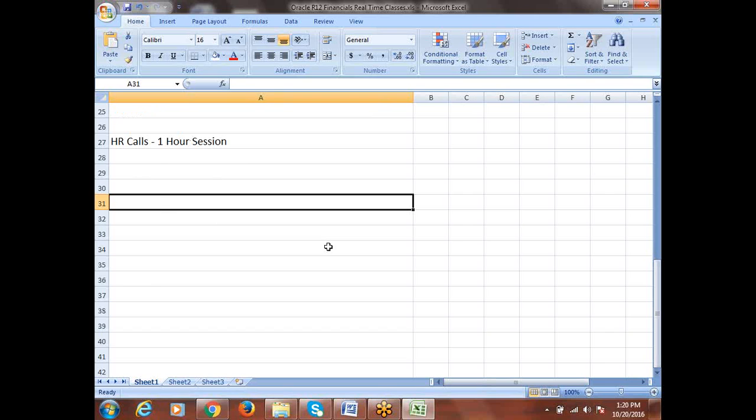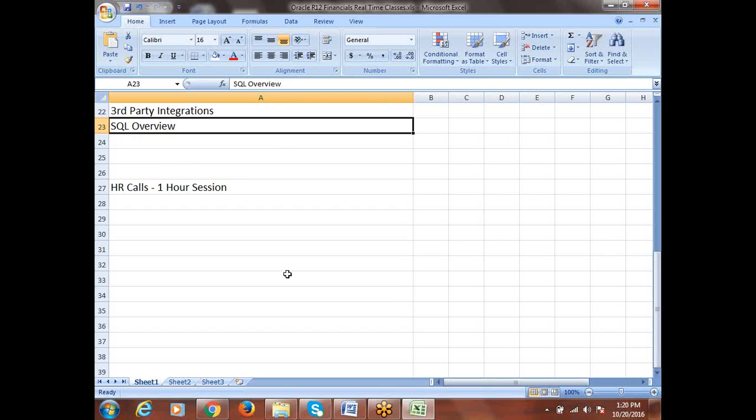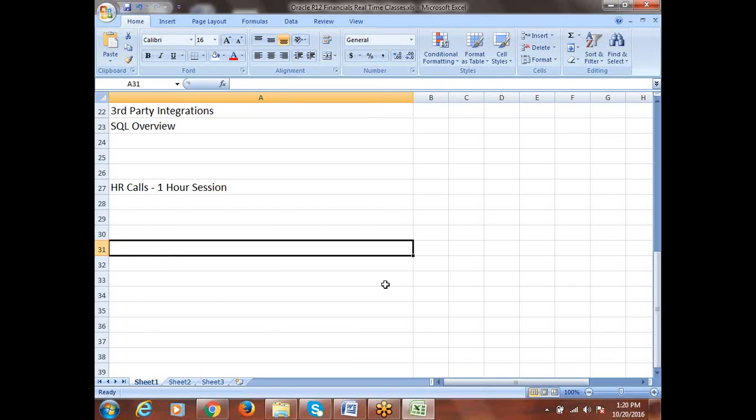Apart from this, I always recommend, though I'll cover the basics of SQL, that if you have time, it is better you learn SQL. If you have minimum time, you can go and learn from some institute. It's a simple approach I'm telling you: if somebody is charging a big amount for SQL, don't join there. Join the institute that charges very little, because that level of knowledge is enough for us.